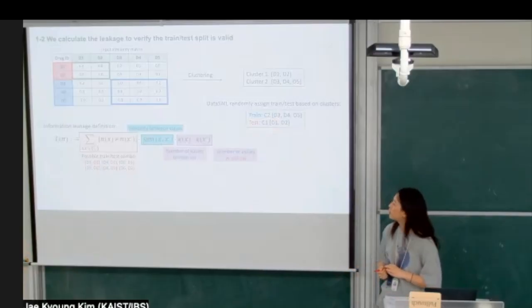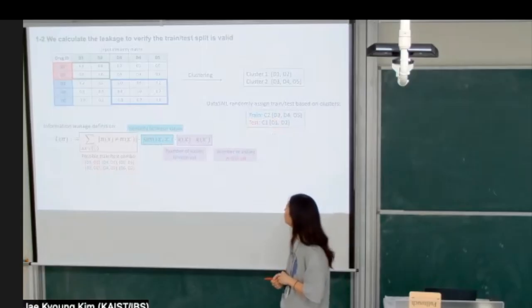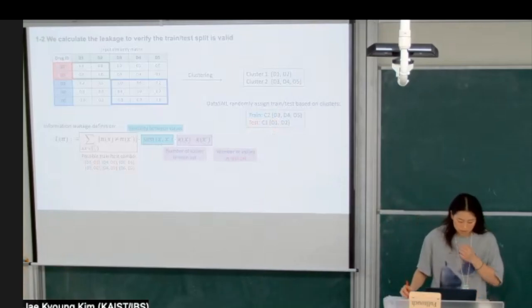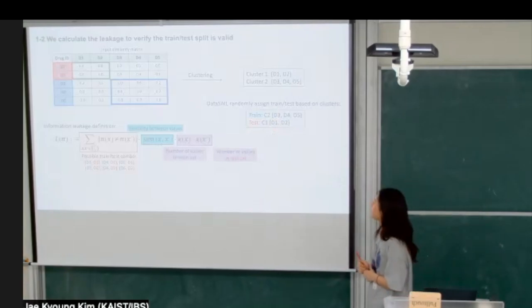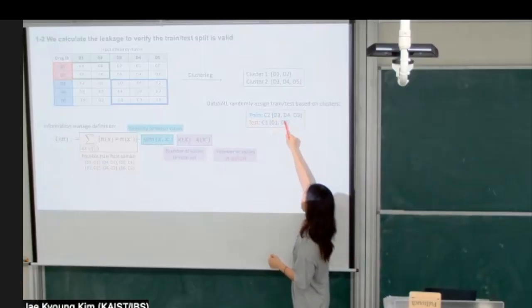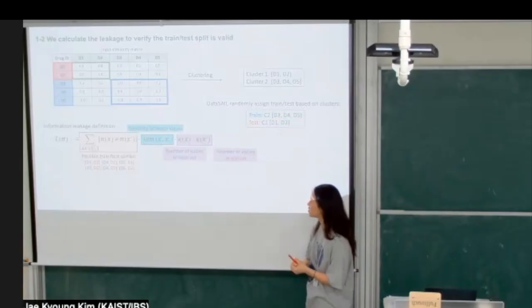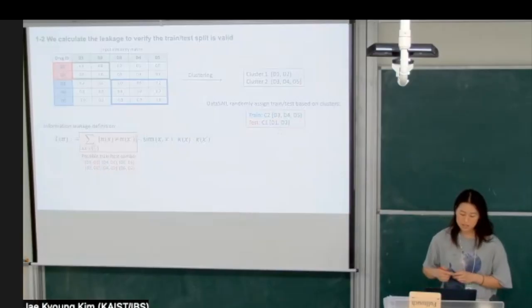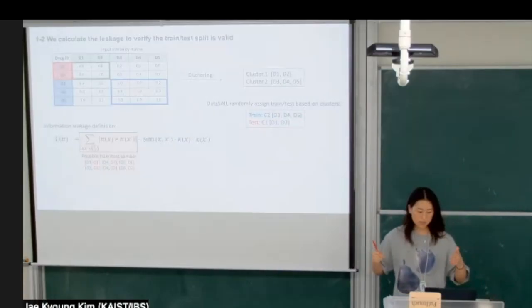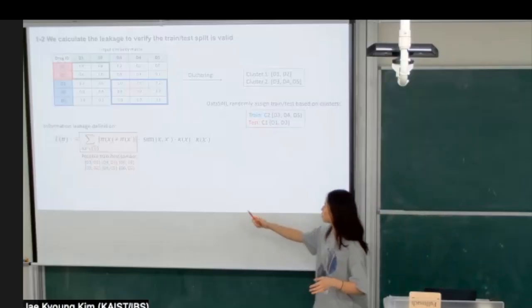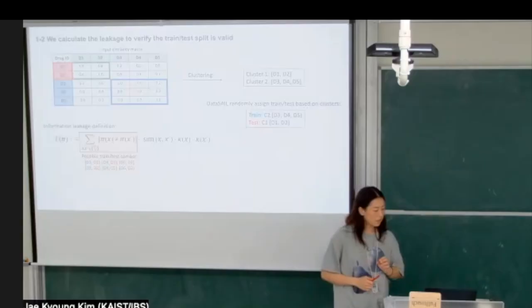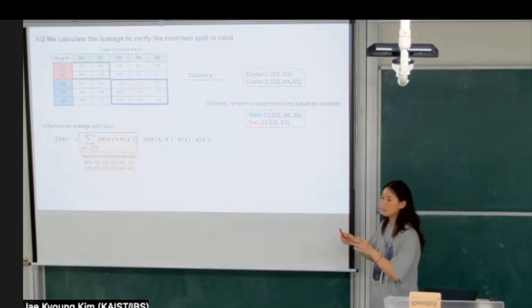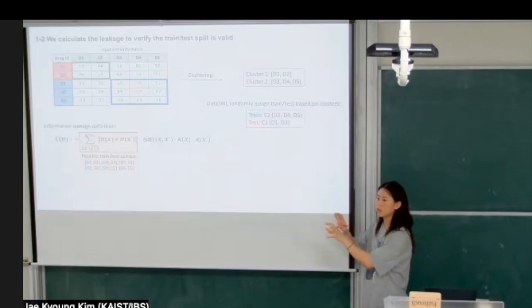Then can you explain this again? Again? How do you calculate the leakage step by step? Okay. So with the leakage definition, you only want to focus on the data points. It doesn't focus on the clusters. So if we look at the first part, it gets all the possible train test data points as a combo. So it'll be written like this. What is pi? Pi x and pi x prime not equal means that they can't both be train. So one needs to be train and one needs to be test.